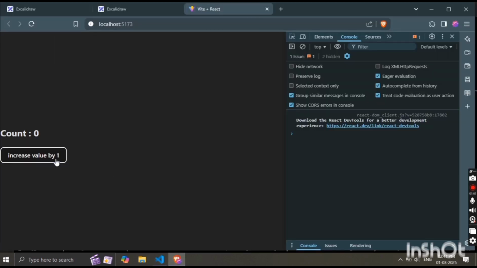So when I click on this button, the value of count is 1. The value of count is updated, but in the UI it doesn't. Let me click this again. Again the value of count in the console is increasing by 1, but in the UI there is no change in the value. Why? Because